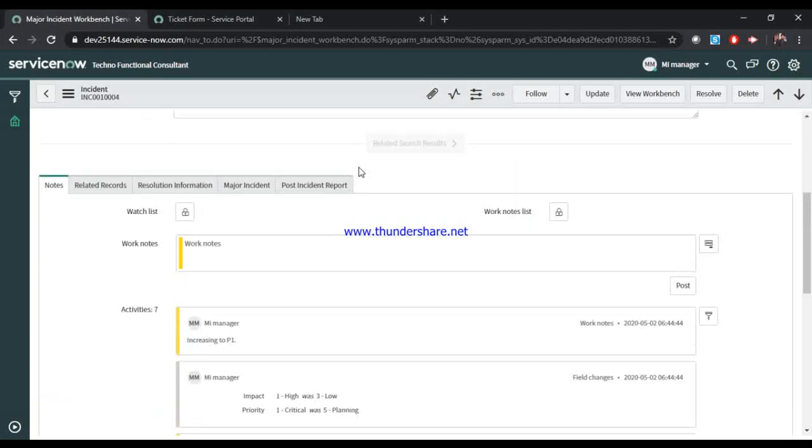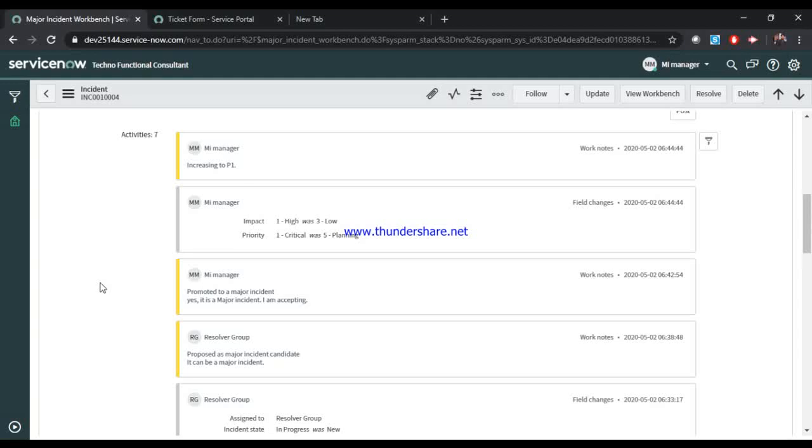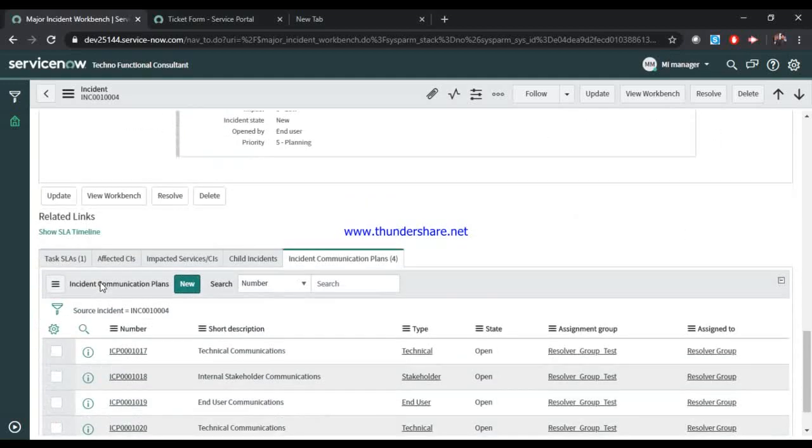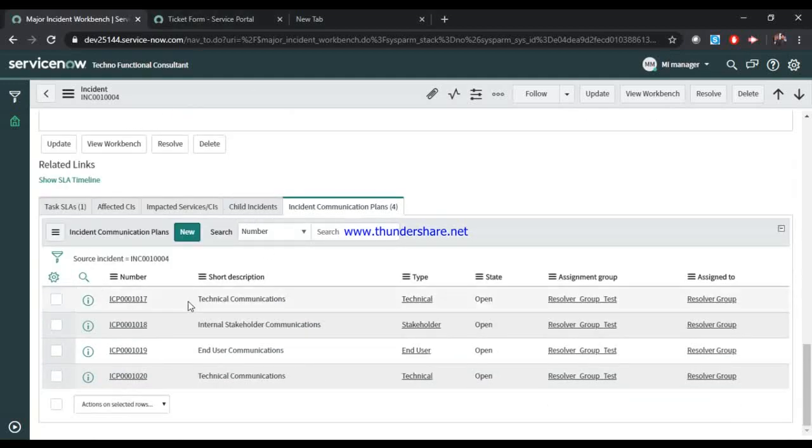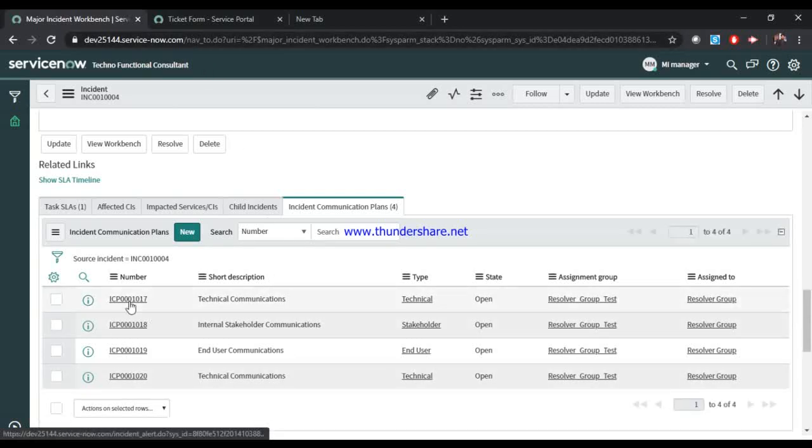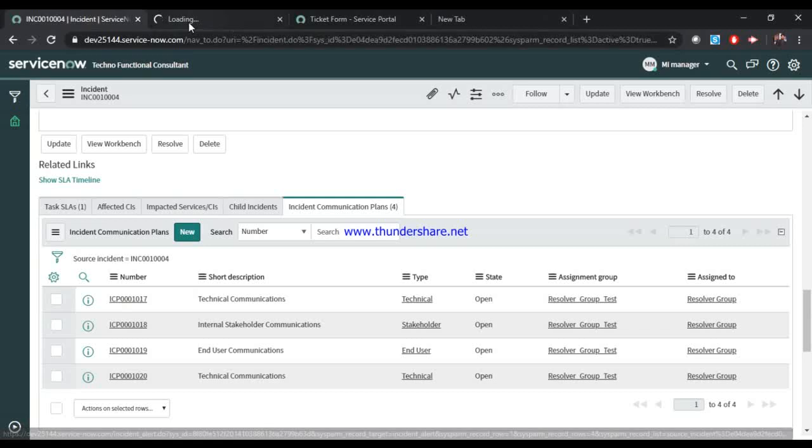Okay, in the meantime you have already initiated the call with them, you initiated the MI call. Your technical team, your application teams are working on how to resolve the ticket, and you are on the bridge to get the updates and to send the communication to the teams. So now you can see here that these four tasks have been generated, which we see on the view workbench. So let me open this part that you show here.